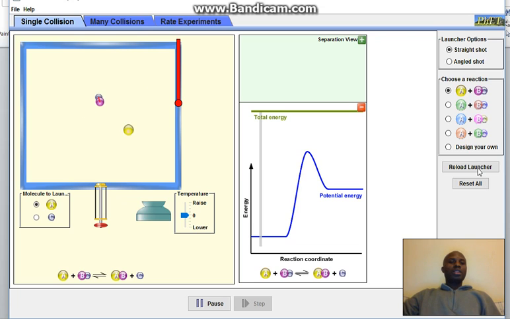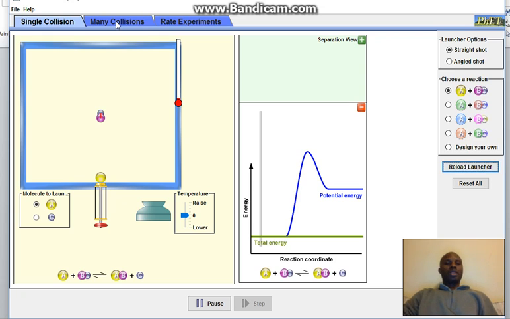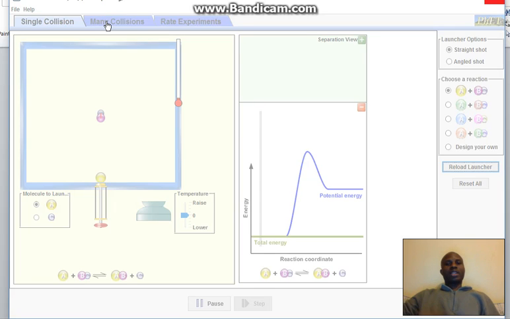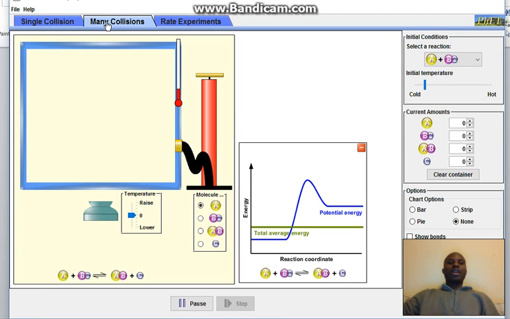After this one, then you go to many collisions. So you click on the many collisions. Let me click again. Yeah. So from here,